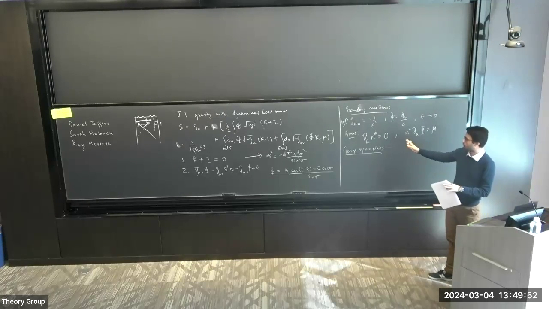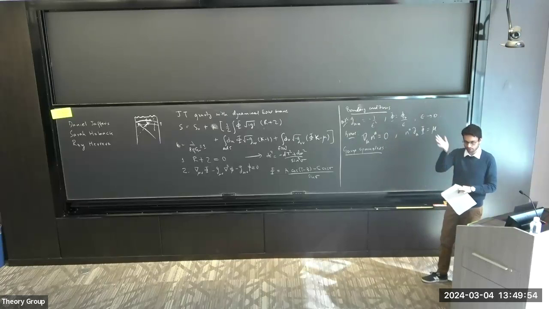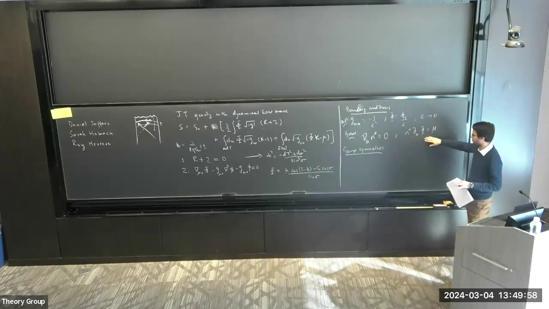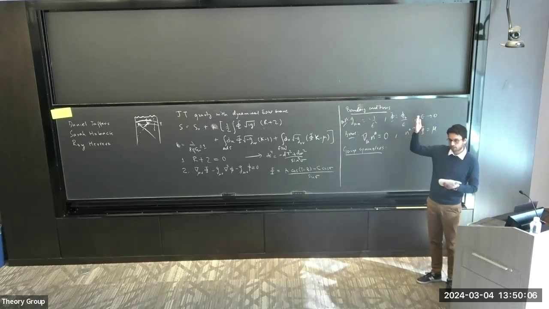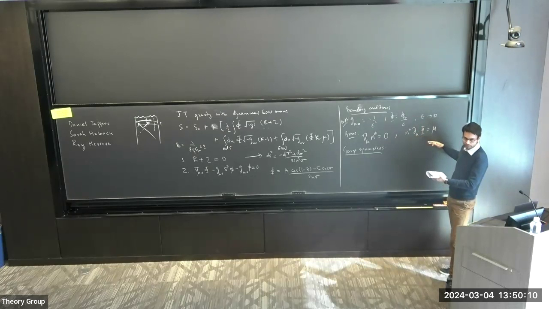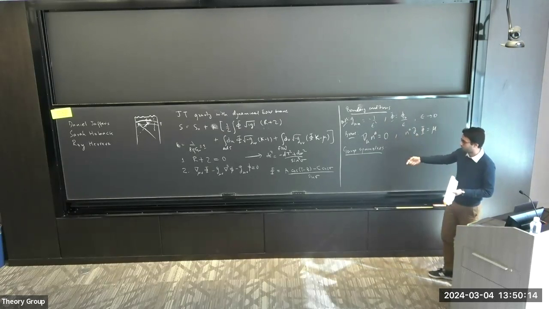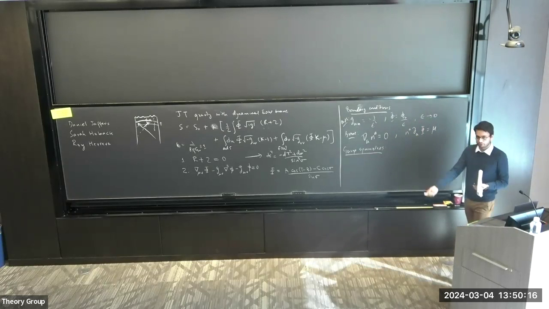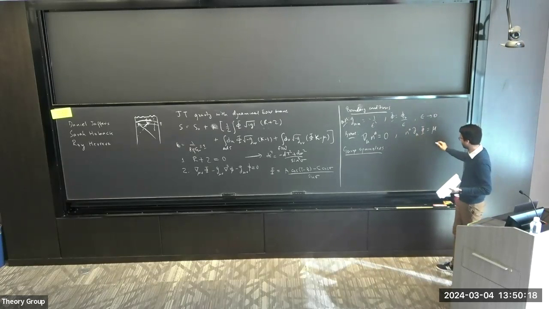So I want the variation to be killed at the end of the world brane, and that will give me this contribution. So it's basically telling us that, think of the end of the world brane as a particle. So it's basically the back reaction of that particle on the dilaton. And in fact, if you had a particle, as I'll introduce later, what this equation is actually telling